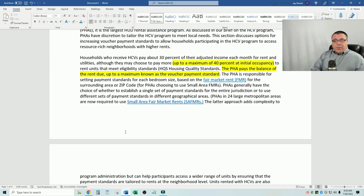The PHA, which is your public housing authority, pays the balance of the rent due up to the maximum known as the Voucher Payment Standard. The PHA is responsible for setting up payment standards for each bedroom size based on their fair market rents, FMR, for the surrounding area, or zip codes, which, when you deal with zip codes, is a small area and SAFMRs